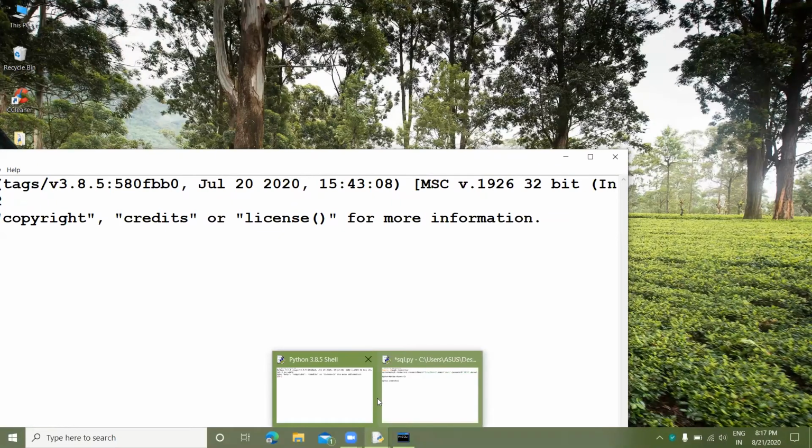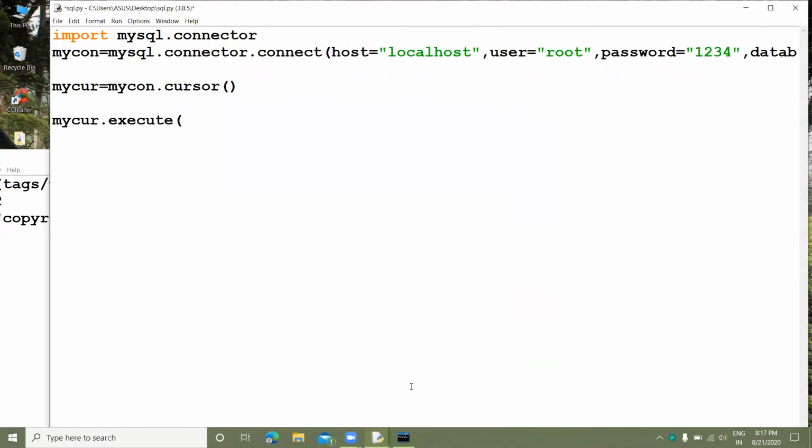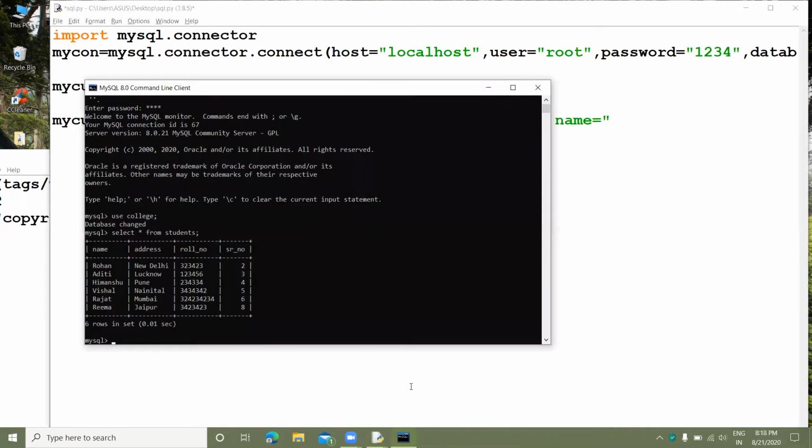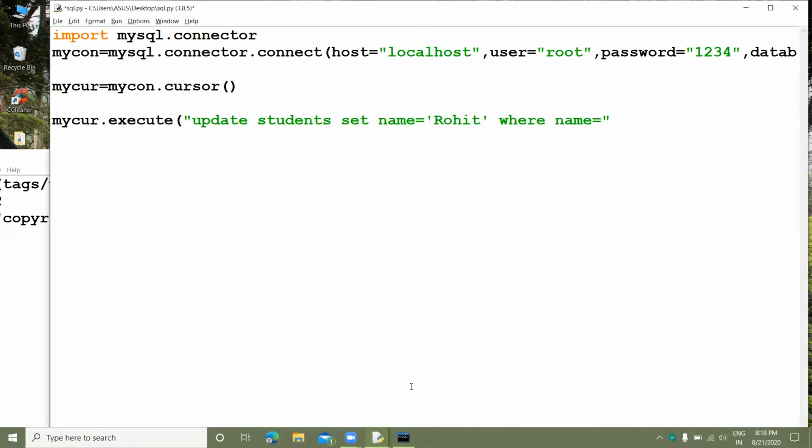So now we will see the program. Update student, set name equals Rohit, where name equals, the name we have to change is Rohan.